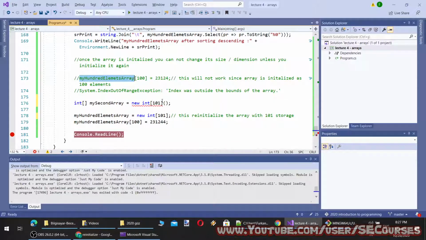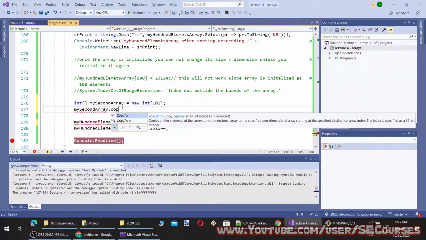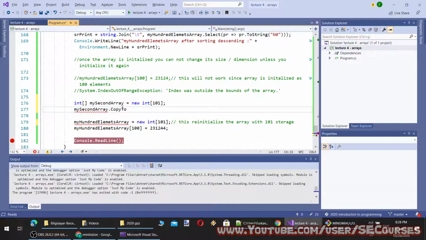I wonder. Like this. No. Okay, and what options do I have? Perhaps I have copy. Oh, copy to. Okay, so I can do it like this. What I'm going to do is copy to this one.